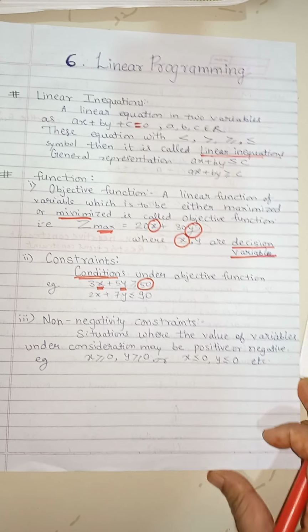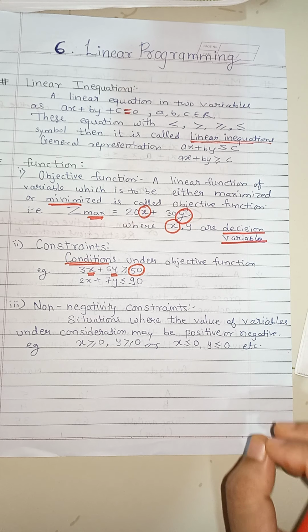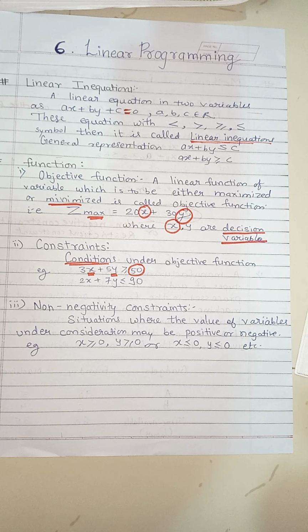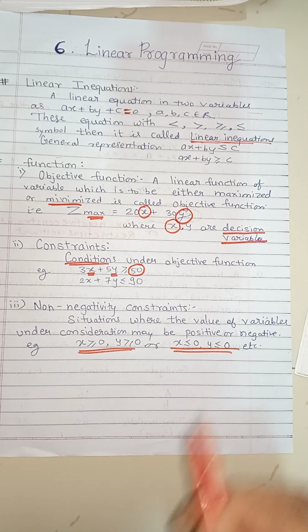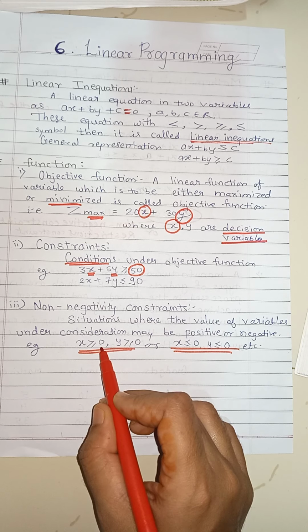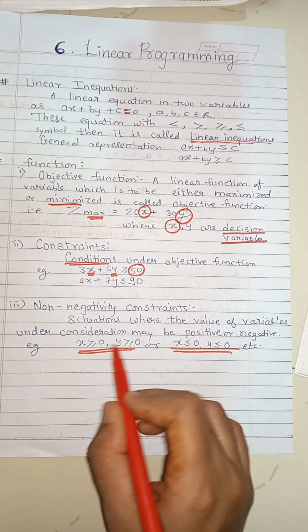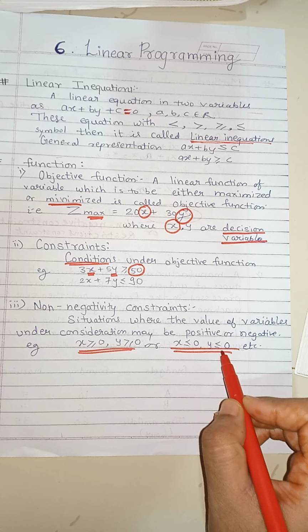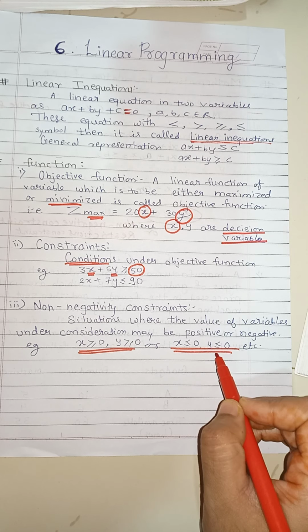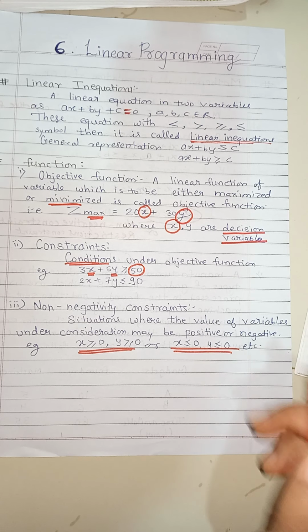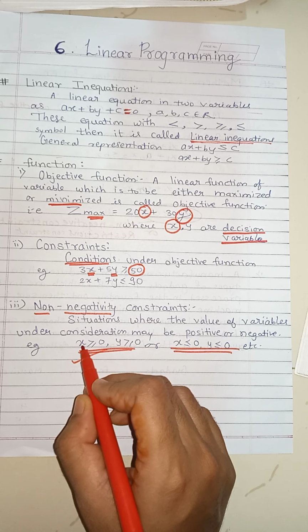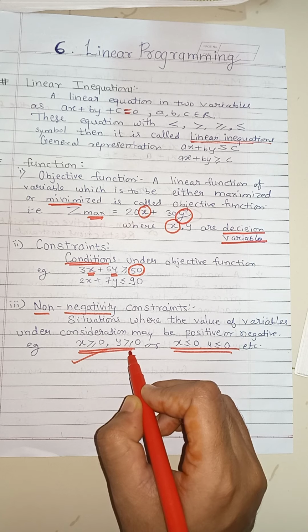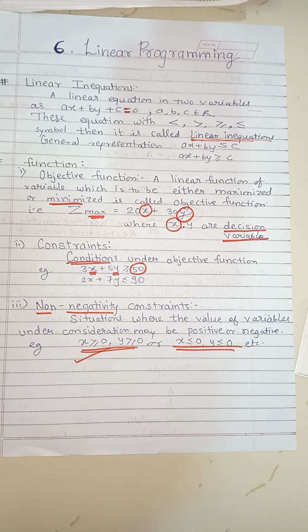Next is the non-negative restriction. Any material, manpower, availability of machine, or cost of material can be positive or negative, and that is decided by the restriction sign. X greater than or equal to 0, y greater than or equal to 0 means both terms are positive. X less than or equal to 0, y greater than or equal to 0 is the negative case. But most probably we use non-negativity, that means x is greater than or equal to 0 and y is greater than or equal to 0, so both elements are positive.